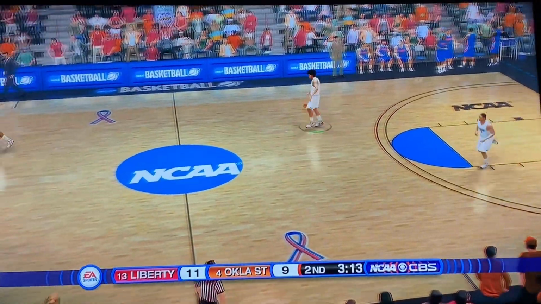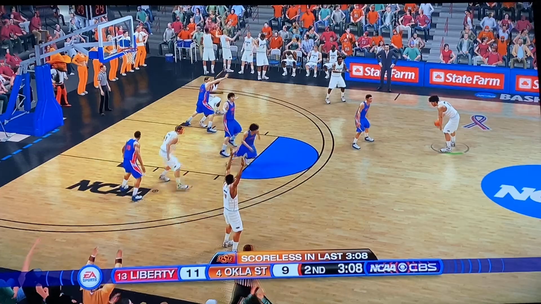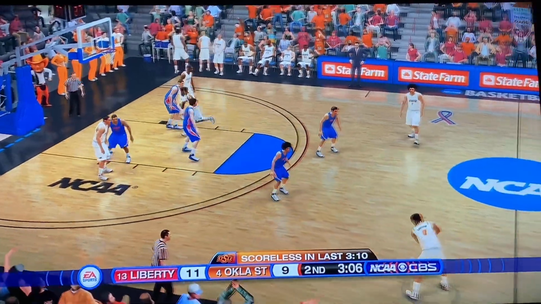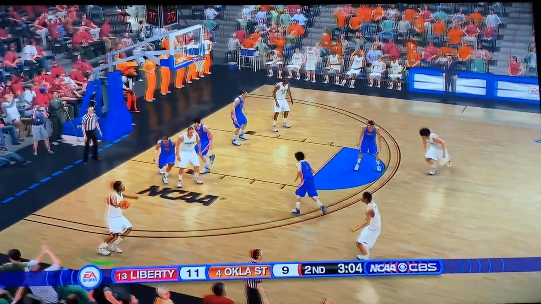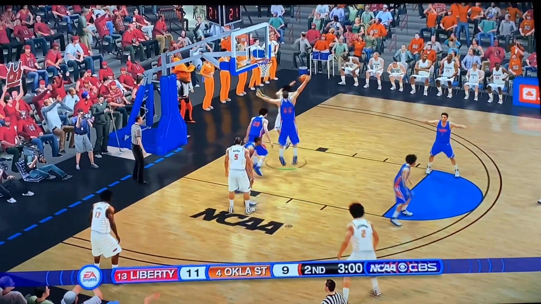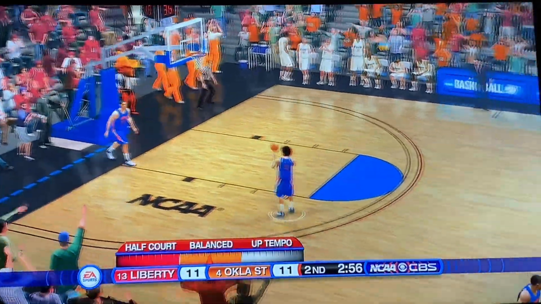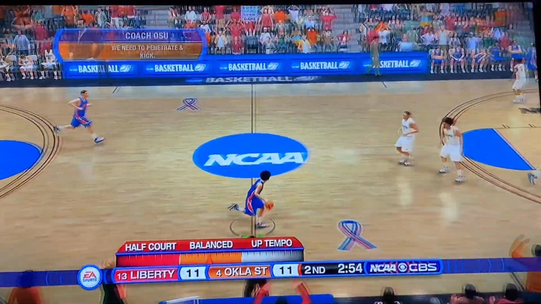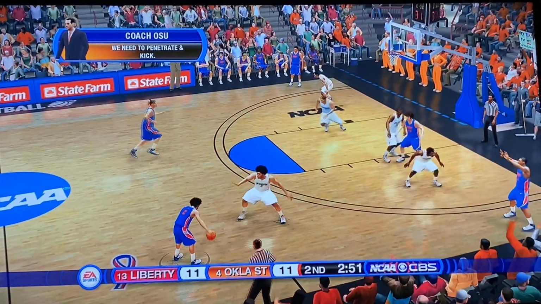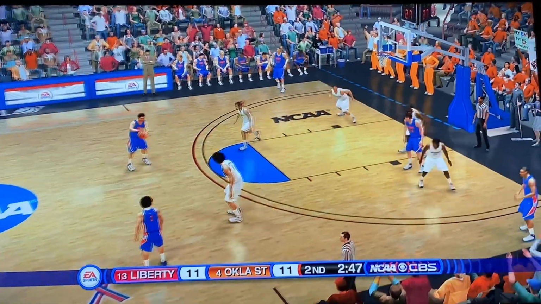Oklahoma State now down by 2. They haven't scored in the last 3 minutes of the game, as you can see. 11-9. Will Oklahoma State here get upset in the first game? Cunningham looking down low, finding Anderson, gets it to go. We are now tied at 11. Oh man, I am shaking right now. I was literally not expecting Liberty to tie it up in this game at the way that they started.